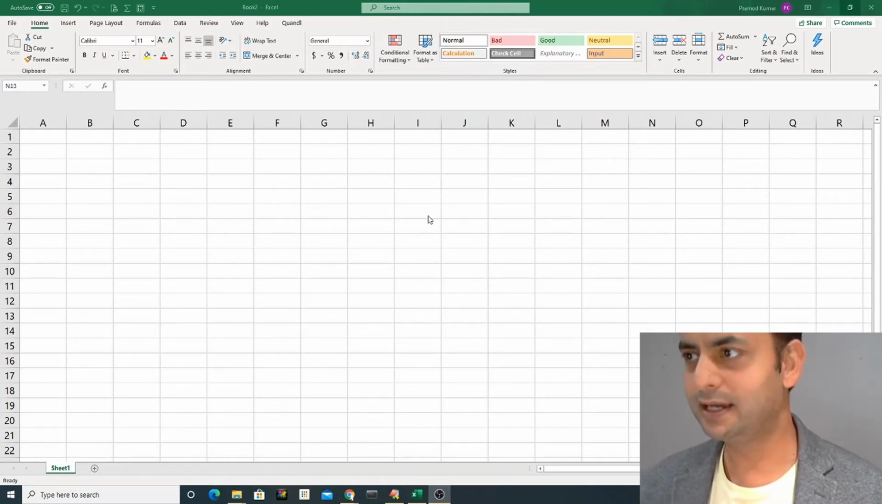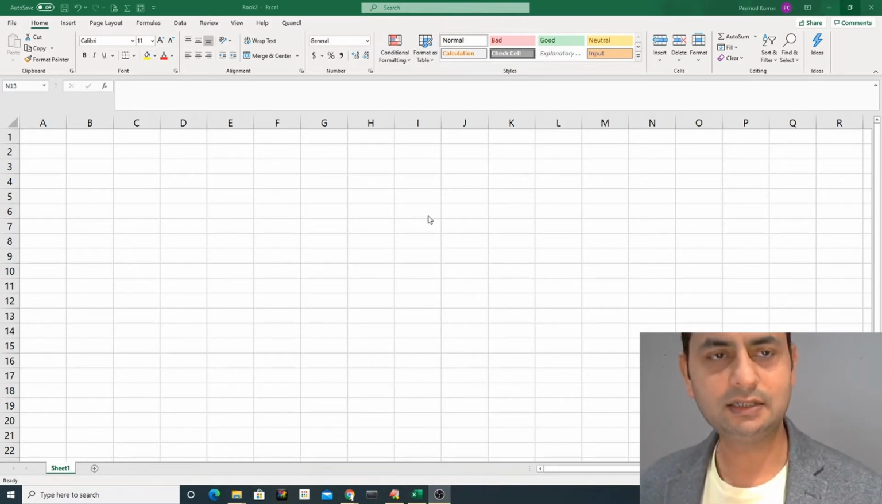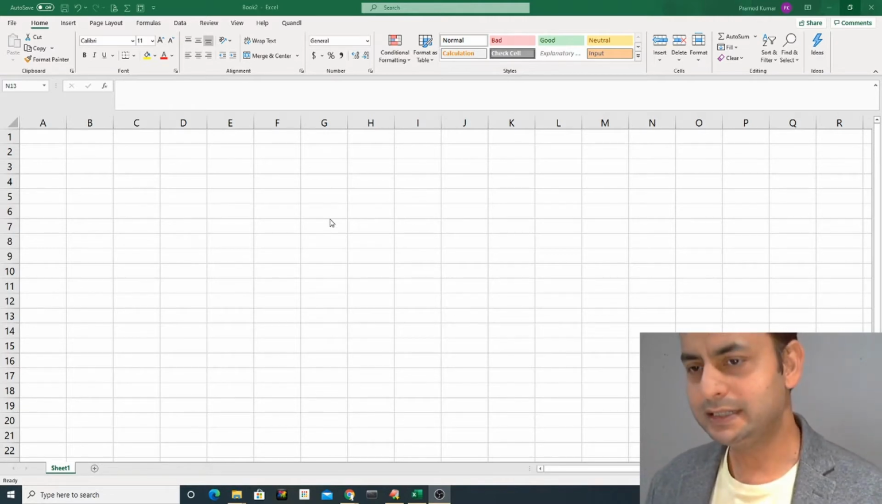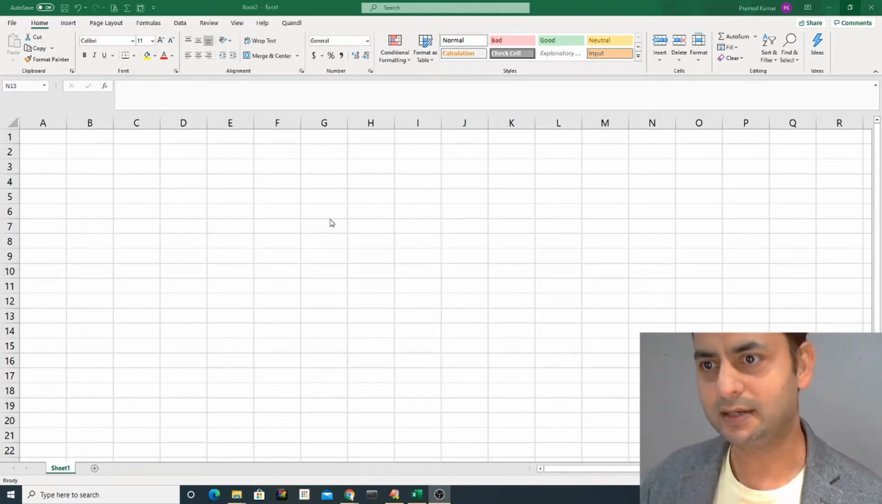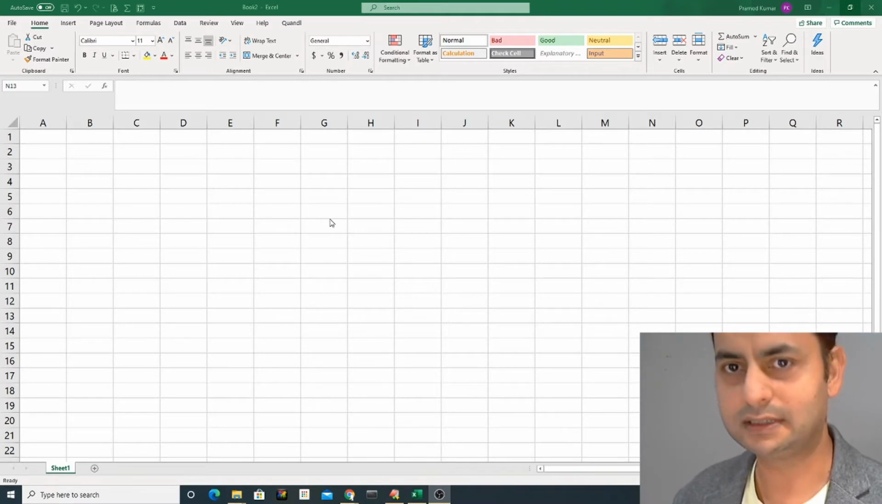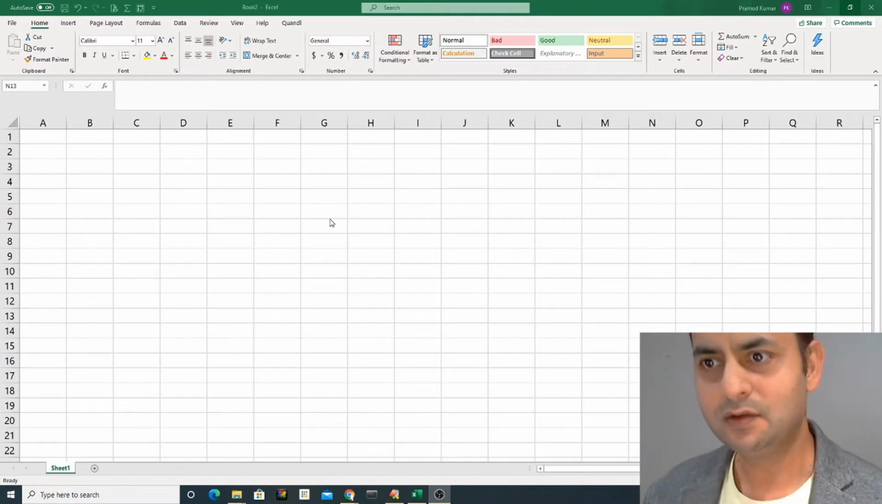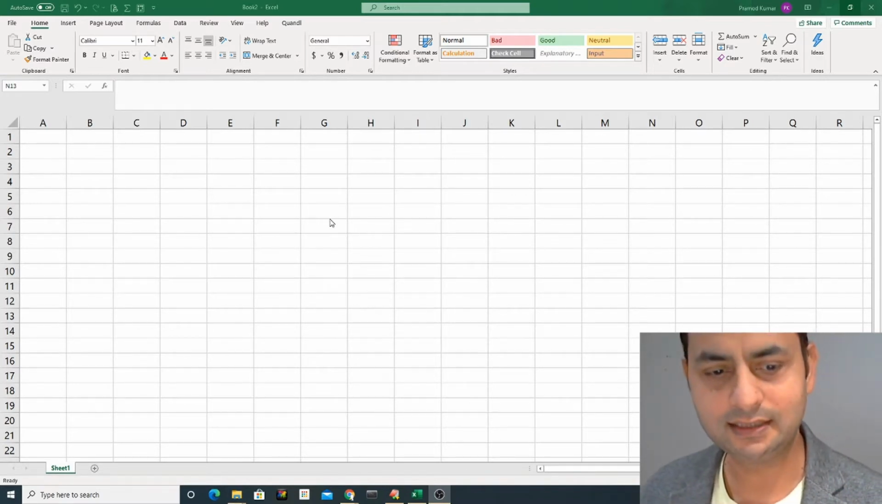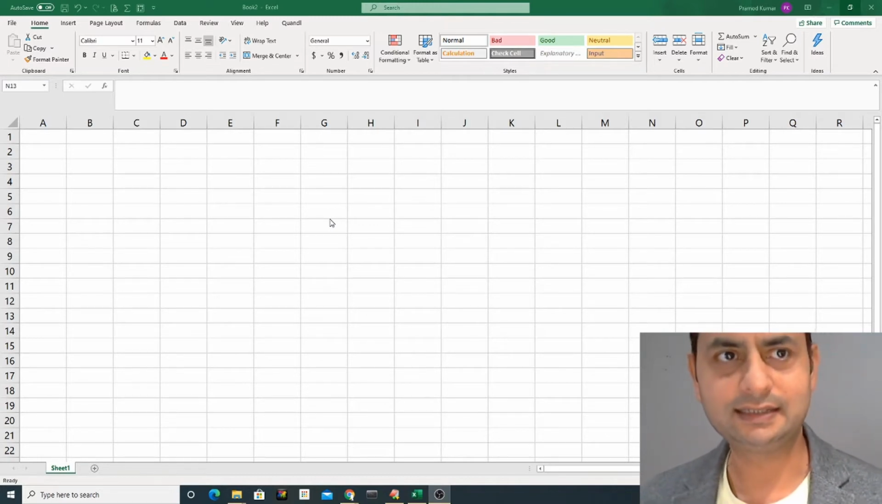So I already have my Excel open. First thing, I'll show you how to import the data. This data is in a file, right? And normally most of the time we have the data in files when we need to import it into Excel and analyze the data. So if you go to